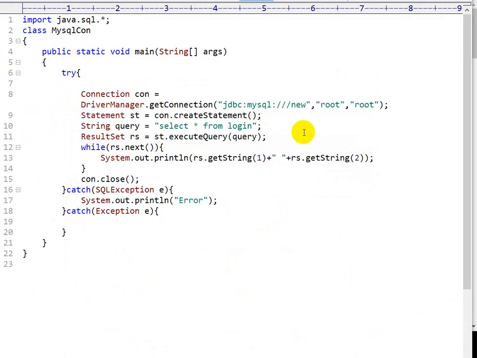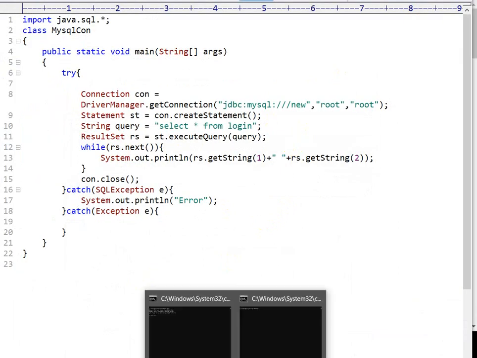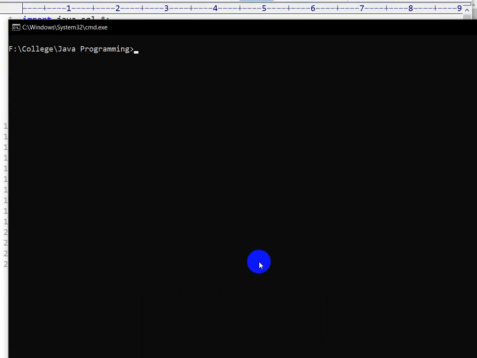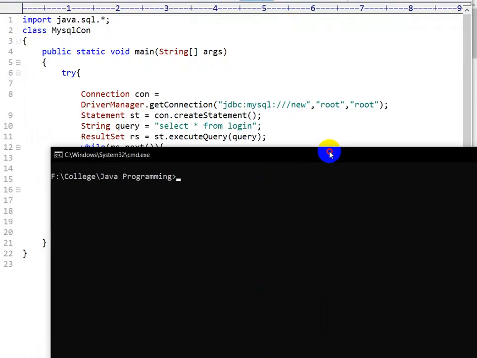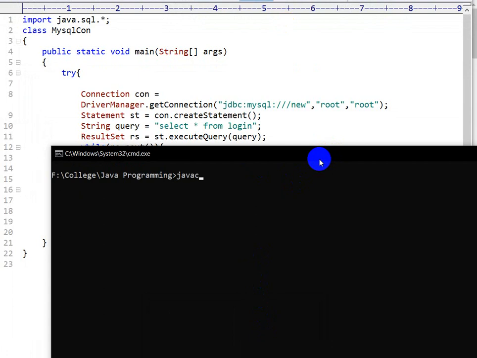So let me go to the command prompt. This is my command prompt. Let me compile the code with javac MySQLCon.java. This is the class name. Then run this program with java MySQLCon.